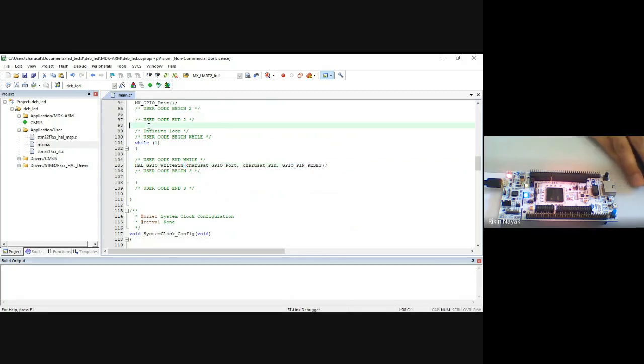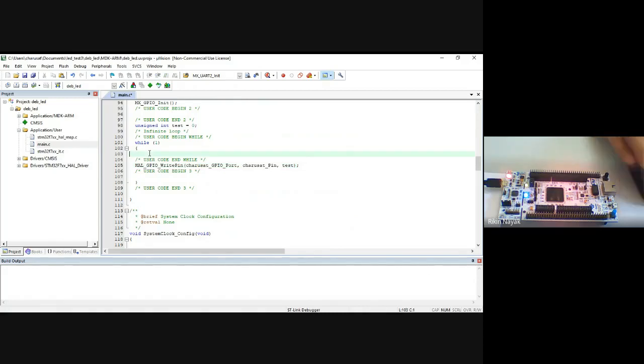So what we will do, we will simply create one integer, and we are giving its value 0, right? And we will pass this integer in this function as a value. So if I run this code, it will continuously write 0 on my pin. Okay, so this LED will be off.